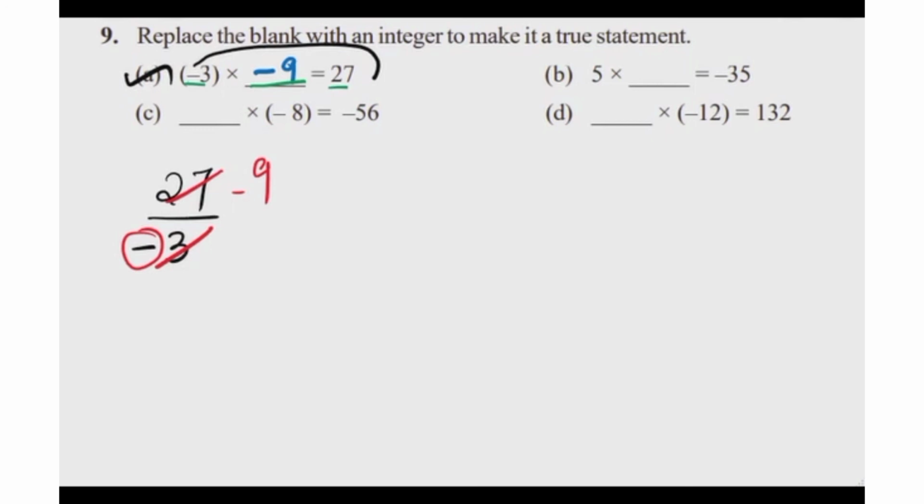Now we can move on to B subdivision. See, 5 multiplied by dash is equal to minus 35. If I bring this 5 to this side, it becomes division, right? So minus 35 divided by 5. I can cancel here: 5 ones are 5, 5 sevens are 35. So what is our answer here? Our answer here is minus 7. You can just multiply and see: 5 multiplied by minus 7 is minus 35. So your answer is correct here.